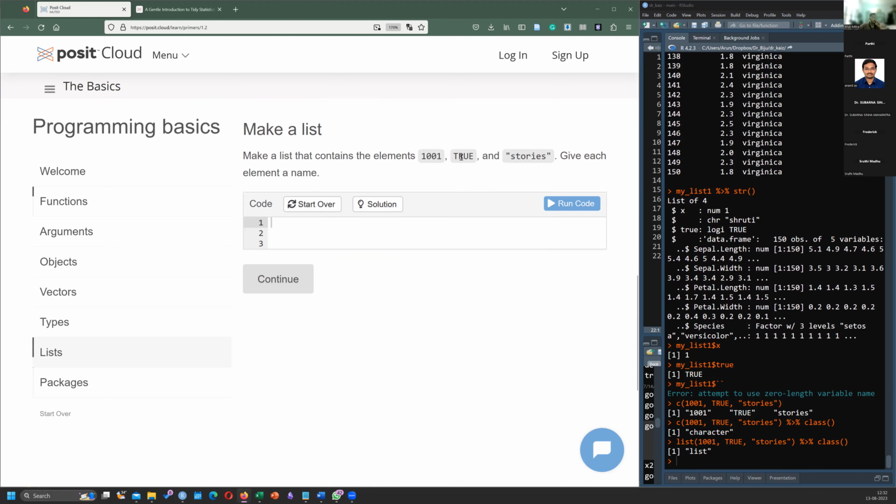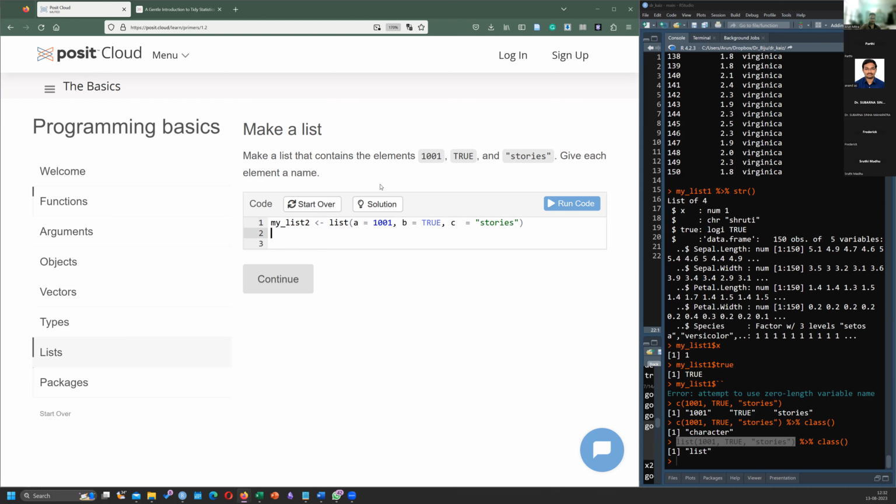Make a list that contains these elements and give each element a name. So this is what they asked, right? We have to give each element a name. I'll call this A equals to this, B equals to this, and then C equals to this. And then I'm going to say this is my list 2.